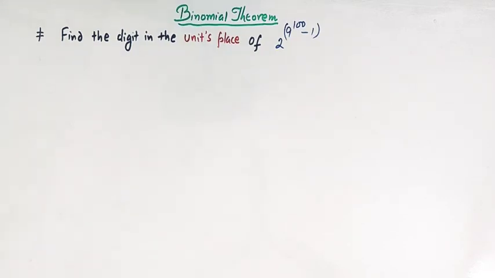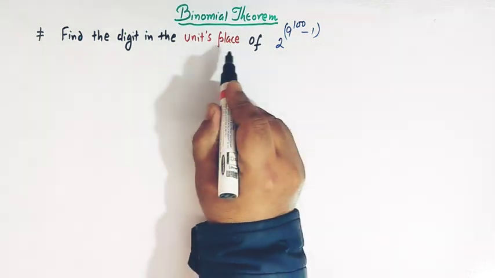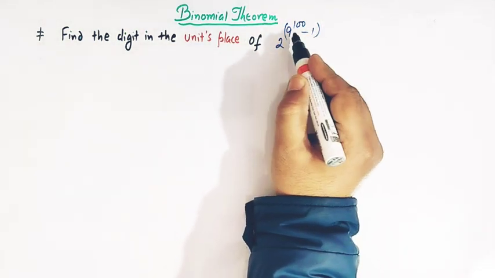Hello viewers, in today's class we are going to discuss one important application of binomial theorem. And here we'll discuss one important problem which utilizes the binomial theorem, and the problem goes like this. We have to find the digit in the units place of this number,